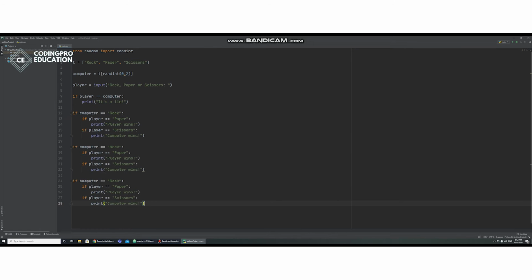And then we'll follow this same idea for the other two scenarios. So the other scenarios being if the computer picks paper and if the computer picks scissors. So if the computer picks paper and the player picks rock, then computer wins. If the player picks scissors, then player wins. If the computer picks scissors and if the player picks paper, computer wins. And if the player picks rock,